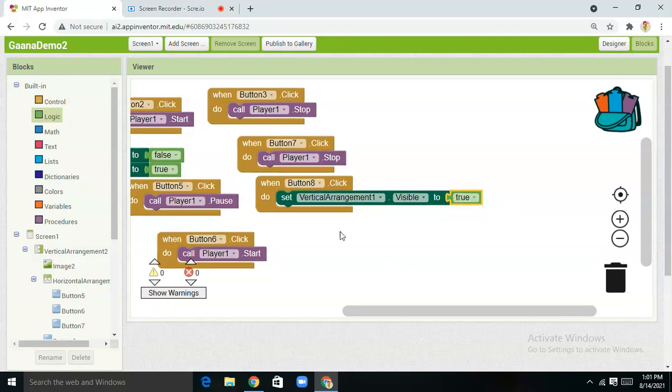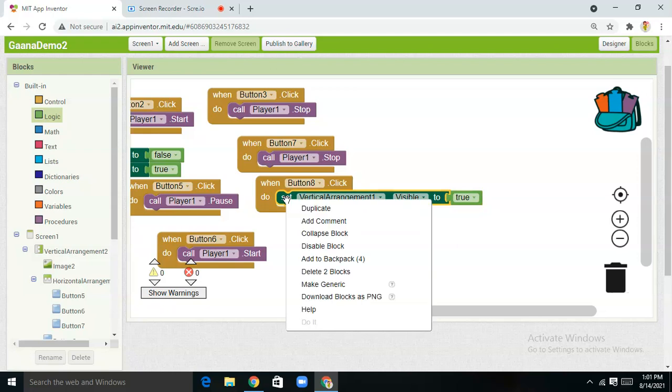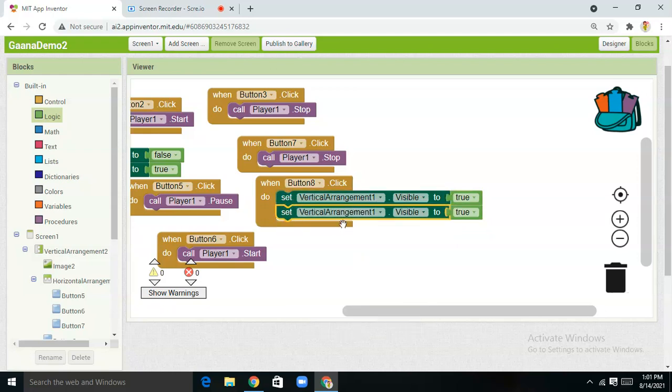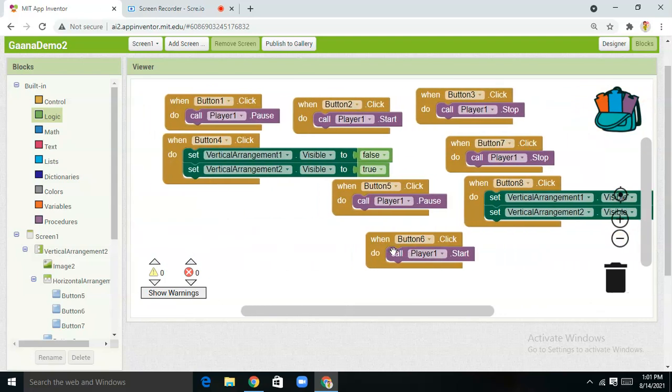हाँ, तो वर्टिकल अरेंजमेंट 1 को हो जाए. अब हमें क्या करना है, वर्टिकल अरेंजमेंट 1 है, अभी हमें उसे बनाना है ट्रू, एंड जो हमारा इसके ऊपर डुप्लीकेट करके हम यहाँ प्लेस कर देंगे, एंड जो हमारा वर्टिकल अरेंजमेंट 2 है हमें उसे बनाना है इधर फॉल्स. डन. यस गाइस, वी हैव डन. नो वी हैवंट डन, वी हैव टू डू वन मोर थिंग.